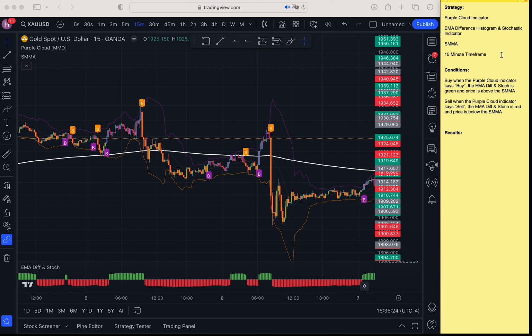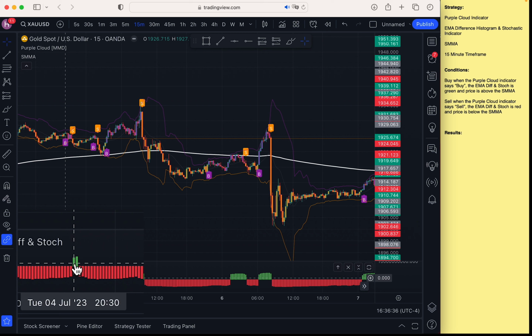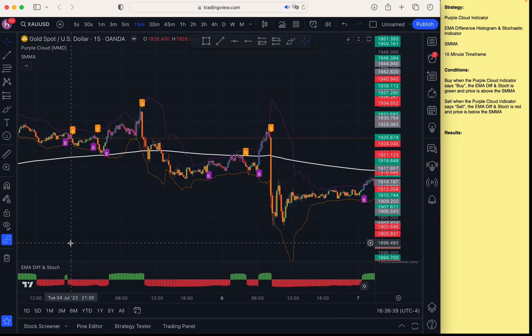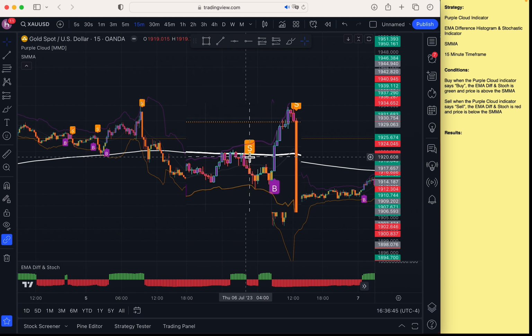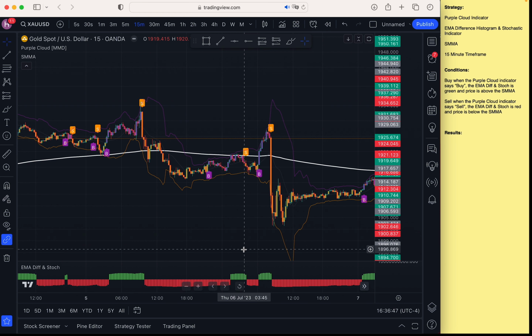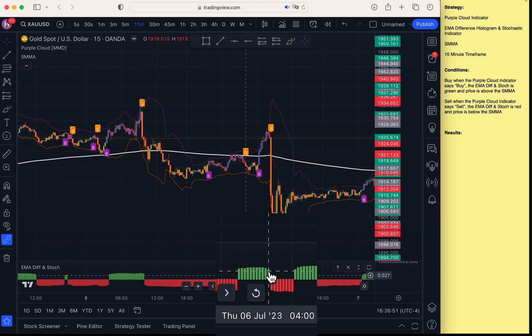So for buys, the first thing we're looking for is the price has to be above the smooth moving average. And then we're looking for the B signal, which indicates a buy. And then the third and last thing we're looking for is the histogram to be green. And for sells, it's the complete opposite. So price has to be below the smooth moving average, which is this white line here. There has to be a sell signal, and then there also has to be red on this histogram. So this one wouldn't work out because that one's green, but if that was red, it would allow us